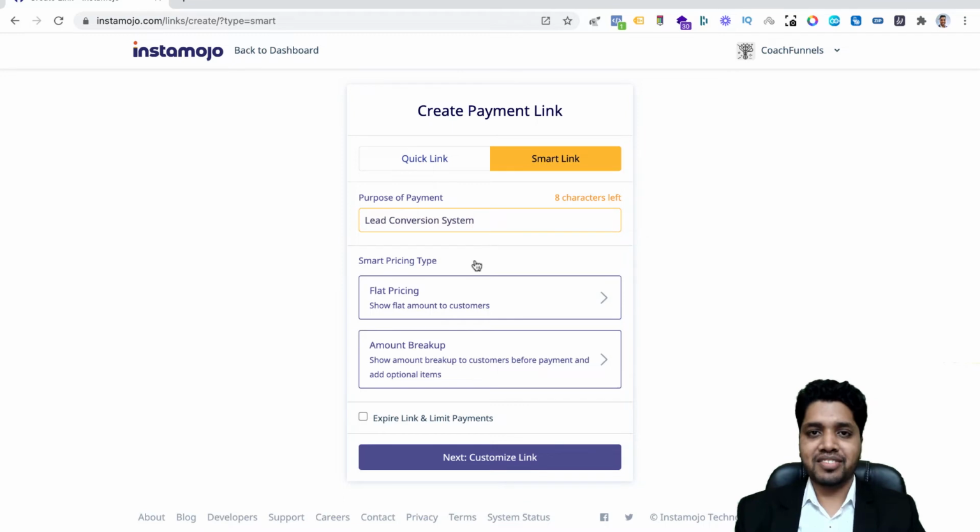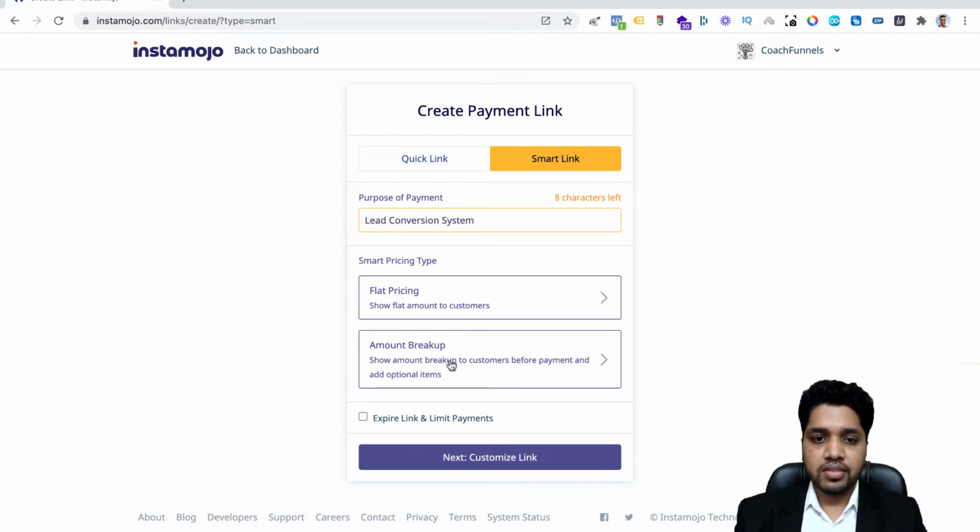And here's the magic which appears. You can create an order bump. I'll show you what an order bump is, and you can create it here. You might have seen the funnel pages of Russell Brunson and others. They use ClickFunnels for the order bump, but it is not applicable in India because they don't have the integration with Indian payment gateways. So I'm going to show you how to use InstaMojo to create order bumps.